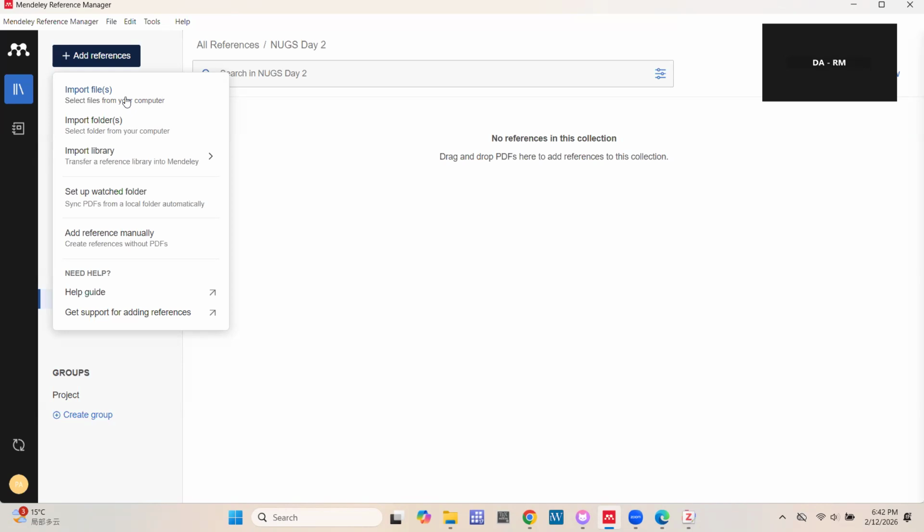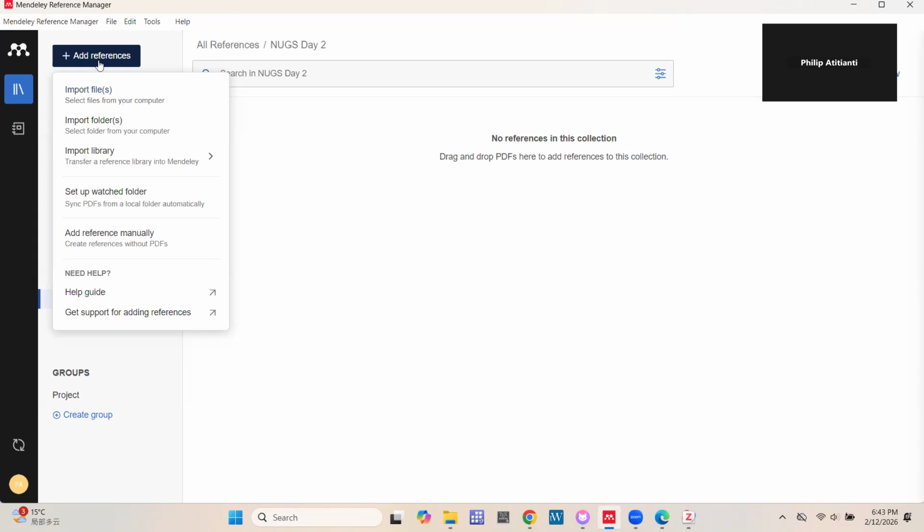This means this particular version is very old. If I remember correctly, they migrated from Mendeley Desktop to Mendeley Reference Manager. That's why your interface looks different. From the picture you sent, if you want to create a collection, it should rather be create folder. So your version is not the same as what we are using now. Is that clear now? All right, sir, thank you. Just follow the PDF guide I sent in the group, download Mendeley Reference Manager, and then I think you should be able to catch up.